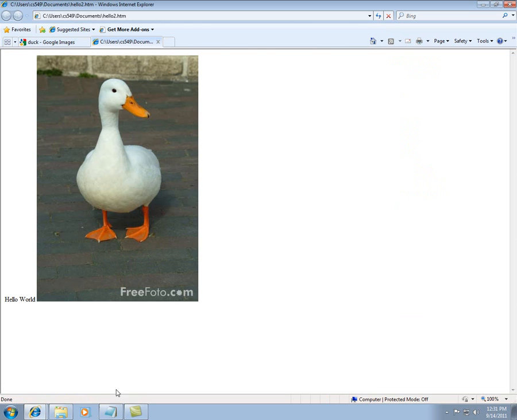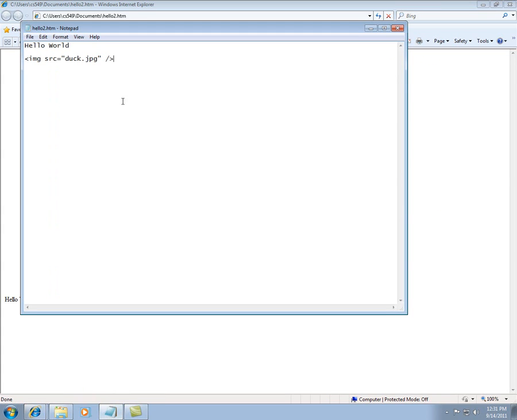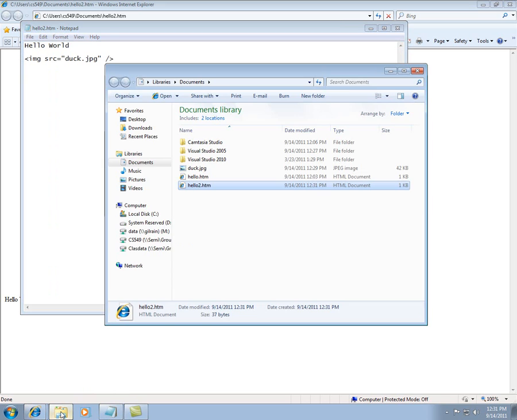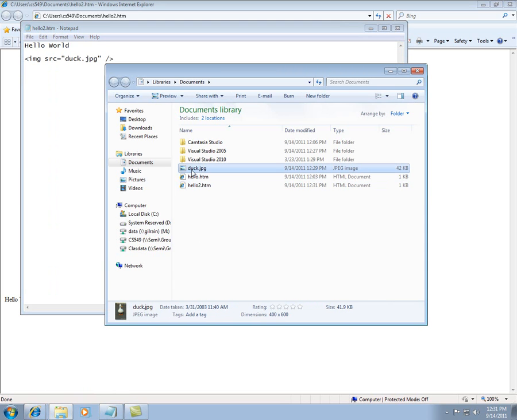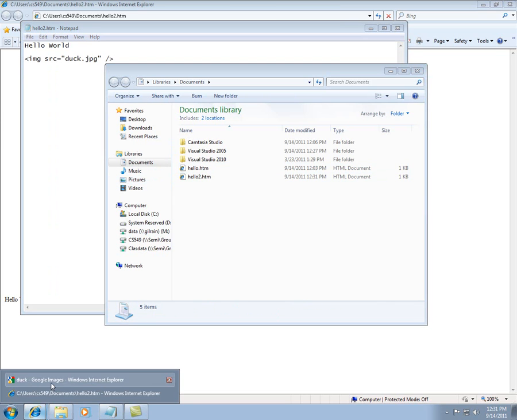Okay, so let's do one other thing while we're here. Let's do two other things. First, let's show you what happens if we move the duck picture from here. Let's say I just put it in my pictures folder instead of here. And now if I try to look at my web page,